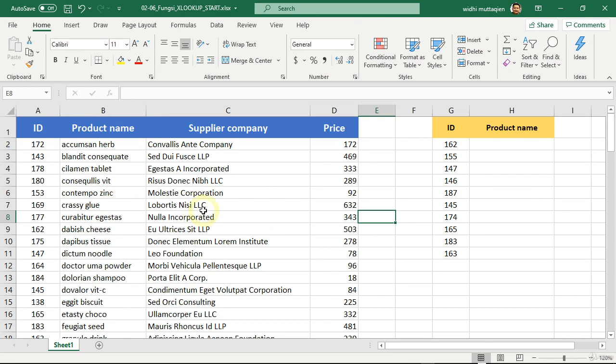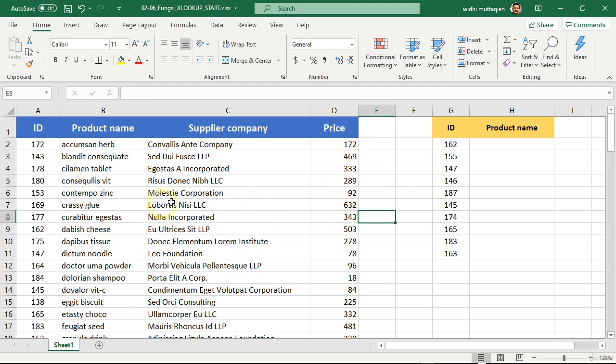On the left, we have the main table which stores all the product data. In the first column, we have the ID. This ID is a unique code that belongs to each product. What unique means is that different products should have different ID numbers. Then, in the next column, we have the product's name. And in the next column, we have the name of the company that manufactures the product or the company that supplies it. And finally, we have the price list.